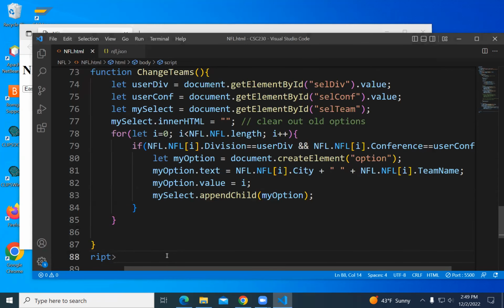Okay, so I'm pretty much out of time. What do we need to do to finish this? We need to go back up to the fetch and dispatch a select, my select, dispatch event change. My select 2, we need to do them both.